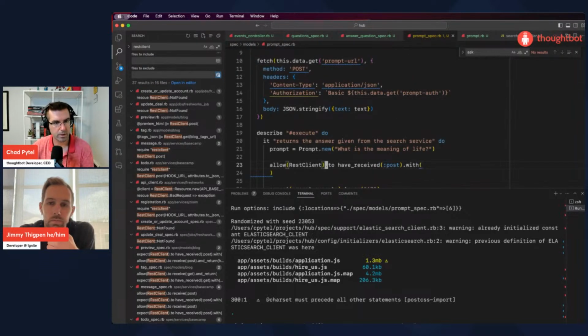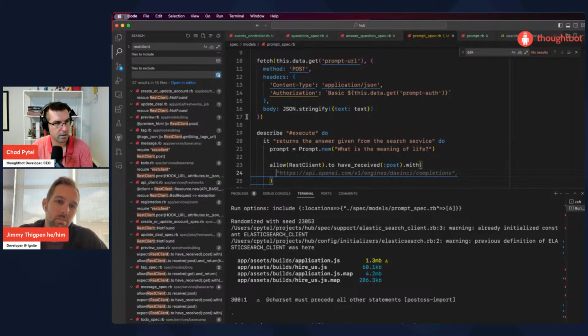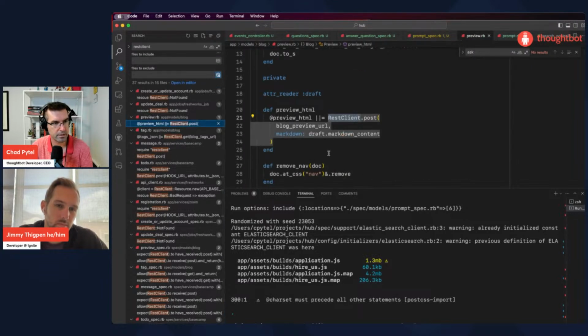So we're going to use REST client to post, here's the syntax for it: URL, and then params hash. We're going to need to set some headers on that as well.